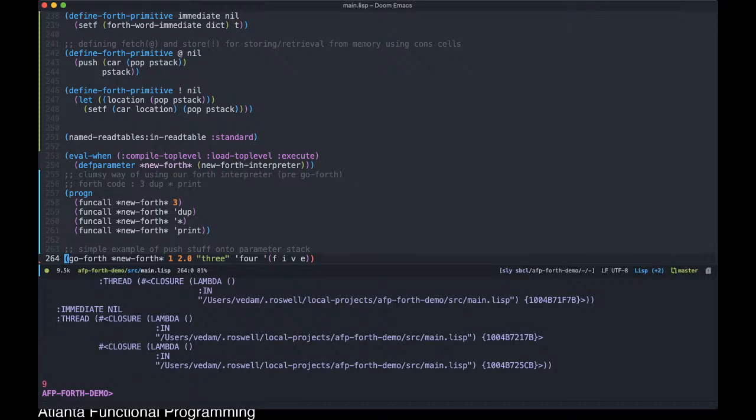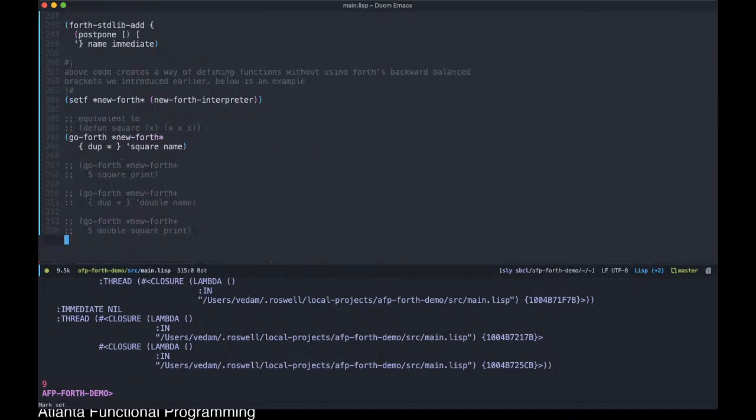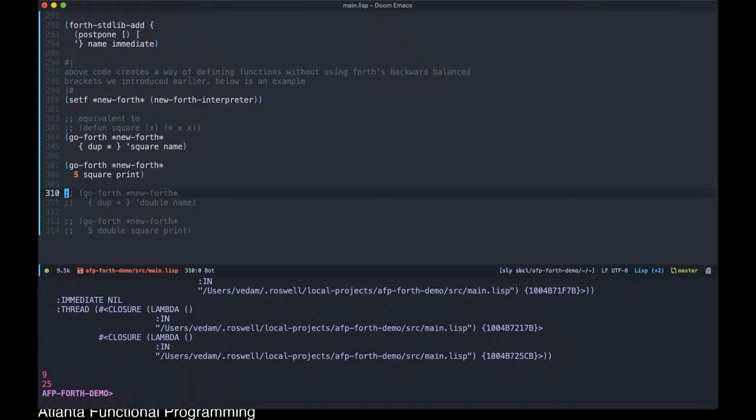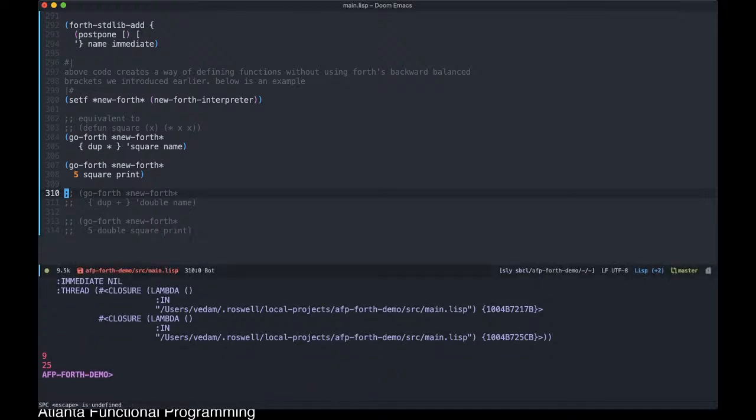So now we can actually use this for many other things. This is just another example of us using square and printing it. We can use it to create other types of things like double. You can define a simple word like double, which has the same kind of structure, except it's adding instead of